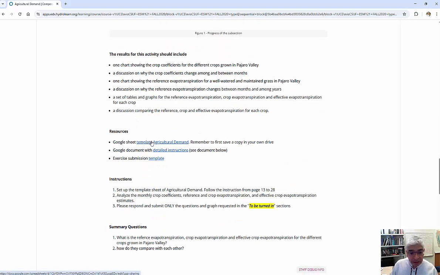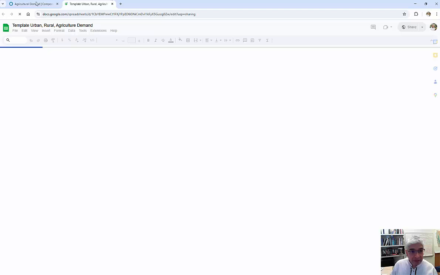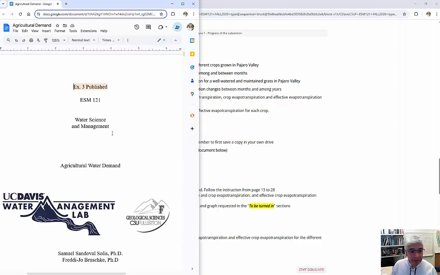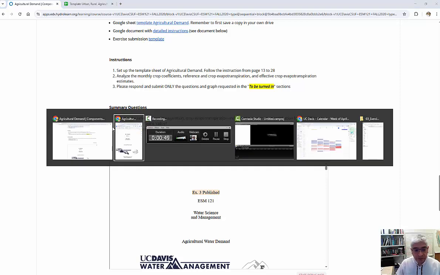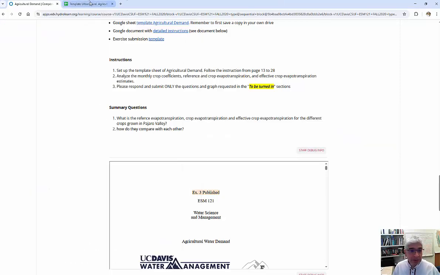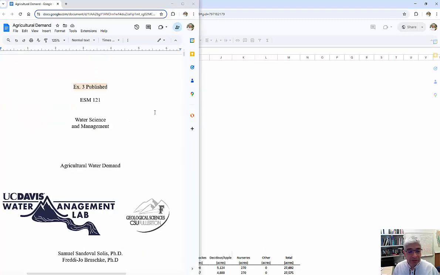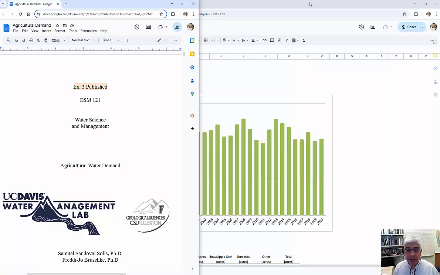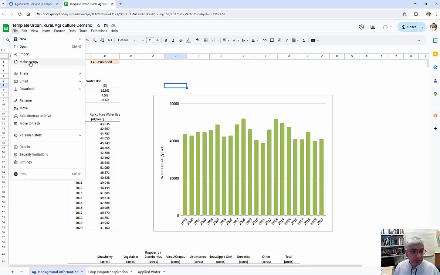So you'll have to take a look at this template of the file, the detailed instructions that I already opened here, and some of the template for submitting this. Now, once you have this file open, just make sure to save a copy as, and then you're gonna put it in here. Let's do this, make a copy,